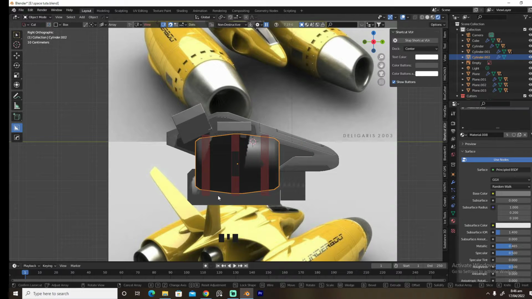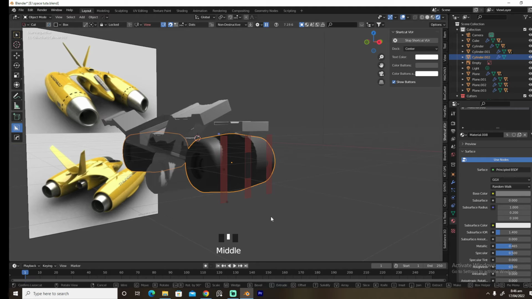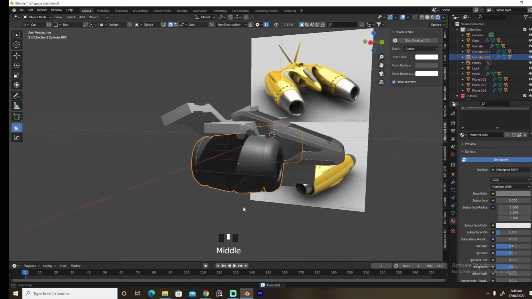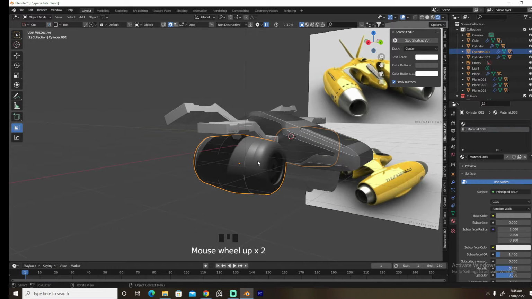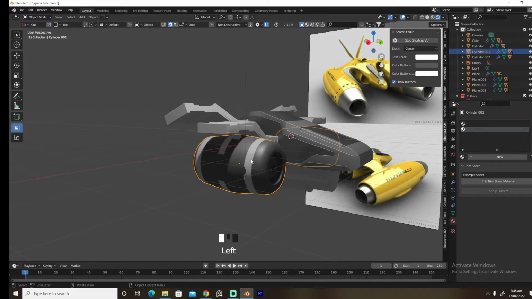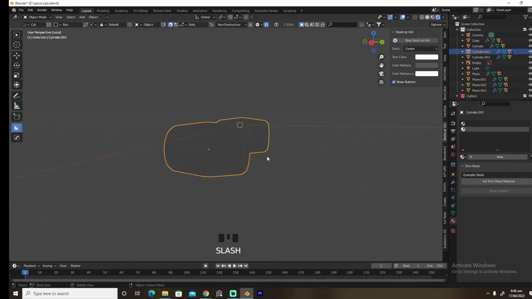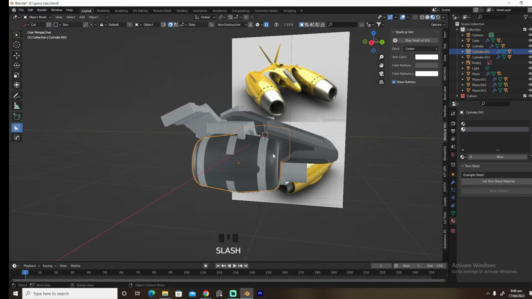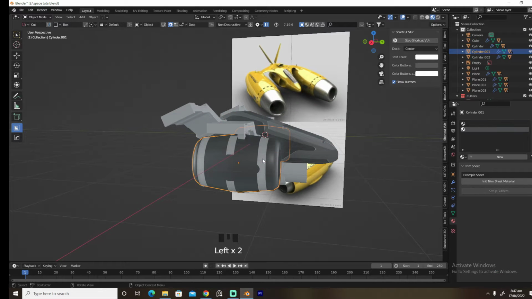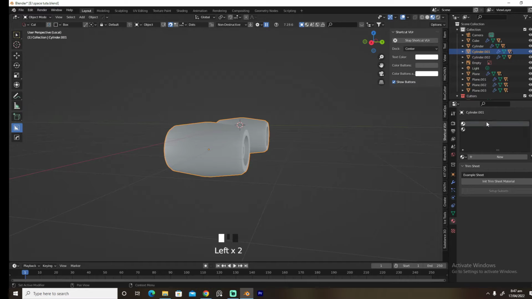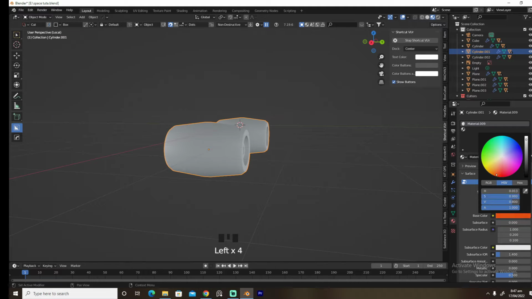and we are going to cut this like this. So we're gonna give it an orange material,